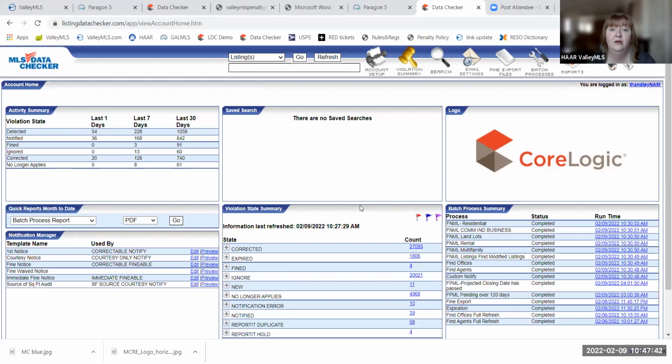Human eyes, usually mine, go through each listing to see if it was corrected in the time frame that was allowable. It takes a little time, which is why the invoicing system does run a little bit behind. It takes about 4 weeks usually to get an invoice from a fine notice. So also be aware of that. The fine notice and the invoice are not the same thing. Just because you have a fine notice is not 100% guaranteed you have a fine. But if you get an invoice, or your agent receives an invoice and they ask you about it, yes, they have to pay it. There's nothing ambiguous about that.